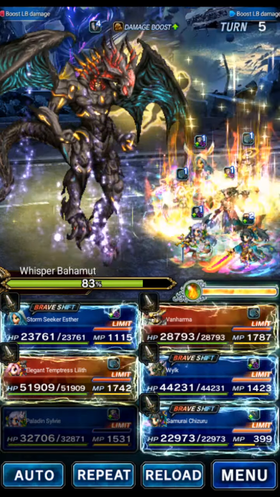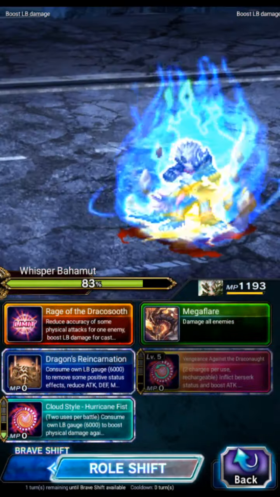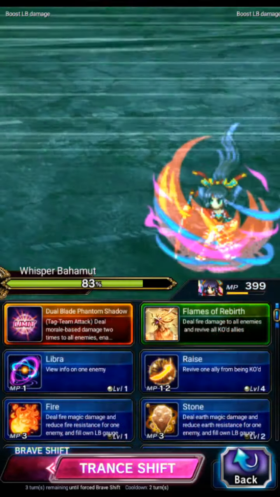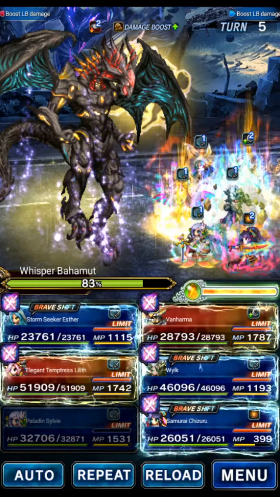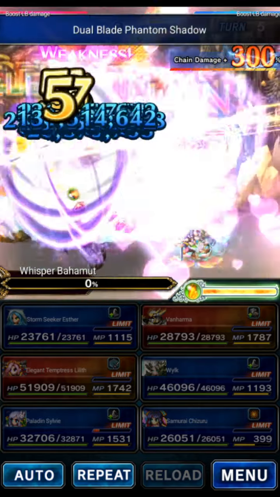Because it's his show, we want him to do good damage. So he's going to LB, Wilk's going to shift and LB. Chizuru is going to shift and LB. Esther's going to LB, and so is Lilith. And we're just going to go ahead and send everyone, and that should be the 100 count chain score, and